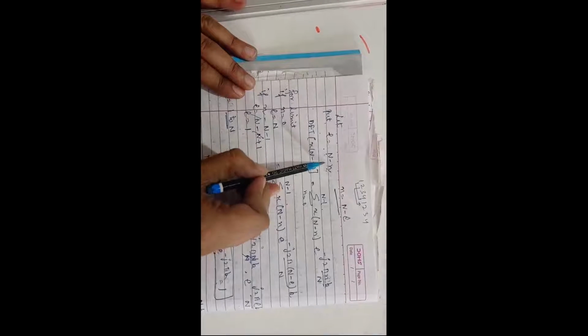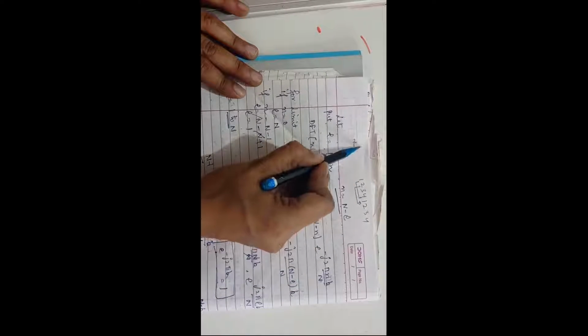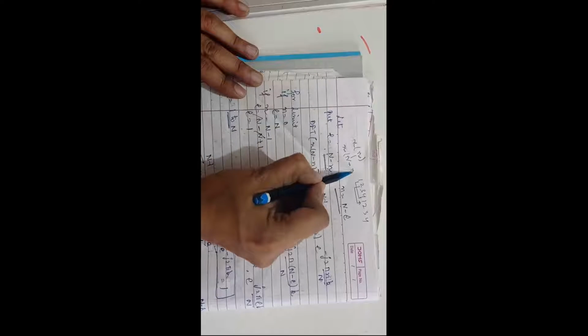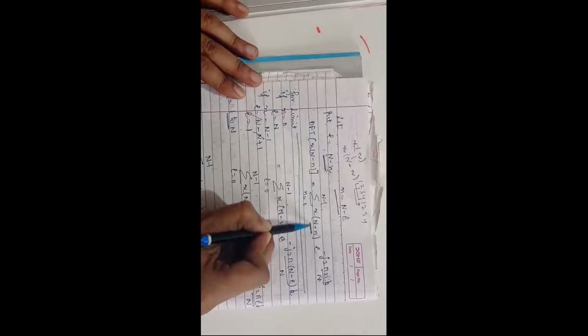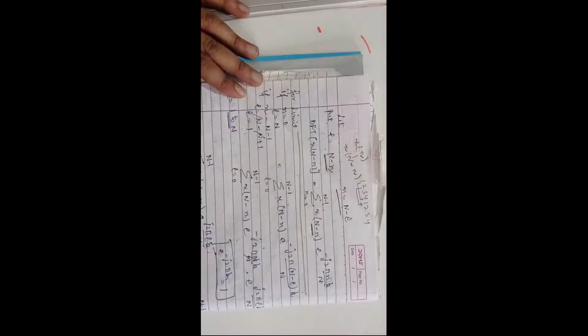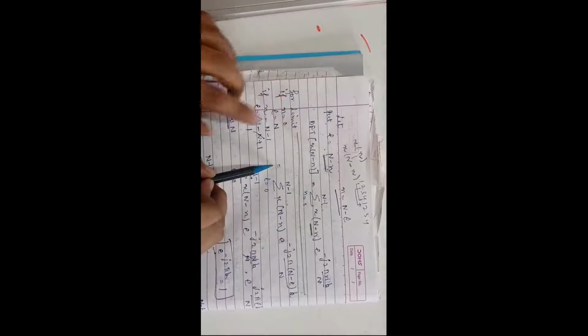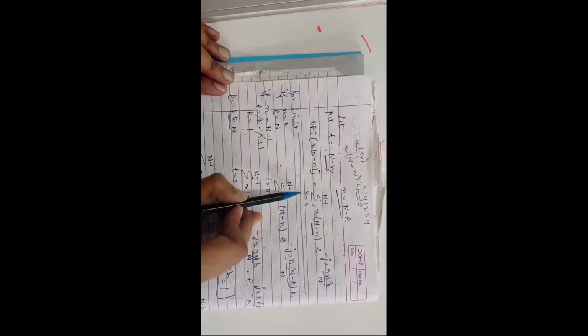So to do this, first we will suppose capital N minus n, this capital N minus n that we replaced x of n by. We replaced x of n by x of capital N minus n. So this was the last line. So this capital N minus n is replaced by L, first thing. So this DFT of x of capital N minus n will remain the same, and this capital N minus n will be replaced by L.